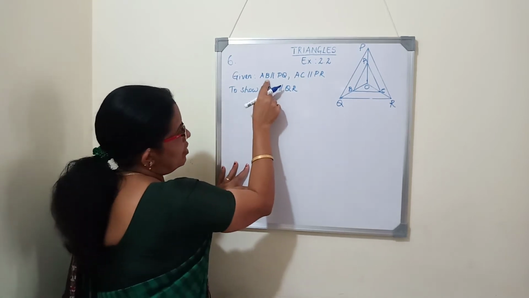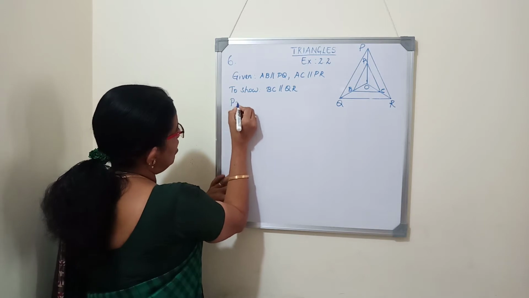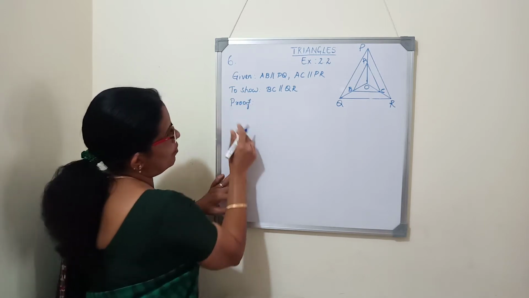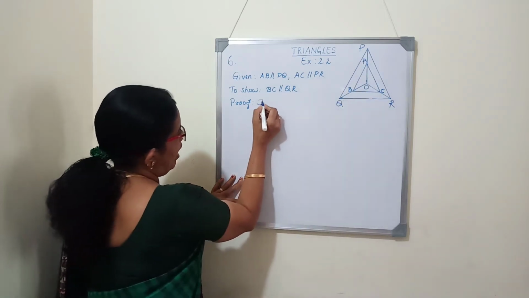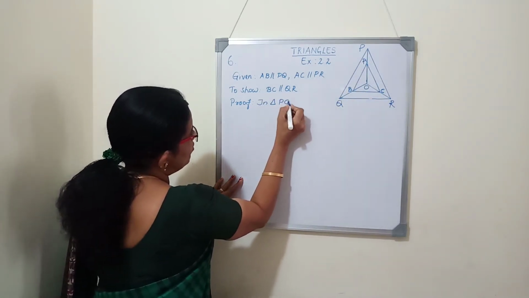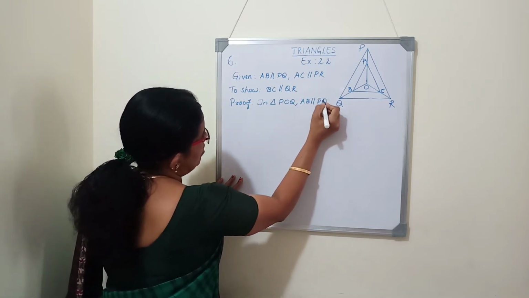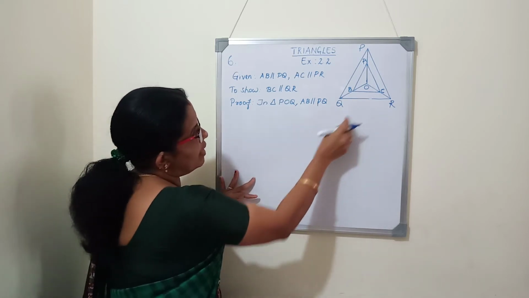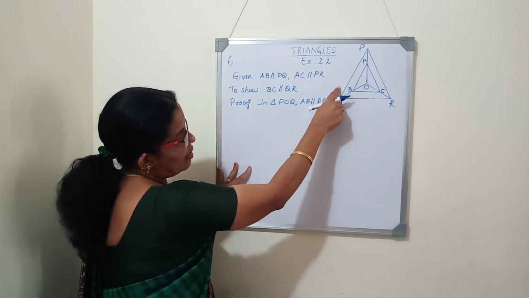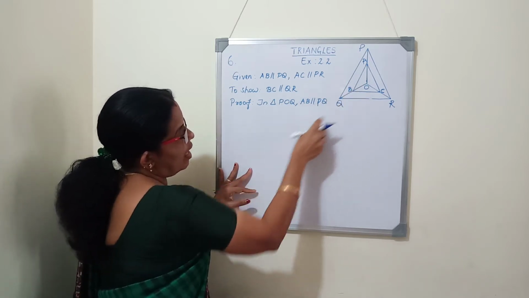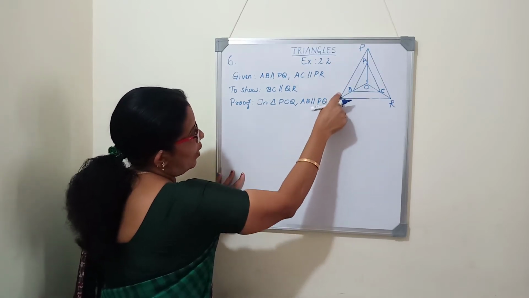So, here first it is given that AB is parallel to PQ. In which triangle is AB parallel to PQ? In triangle POQ, AB is parallel to PQ. So, how can we write BPT in triangle POQ? In any triangle, if we draw a line parallel to one of the sides, then the line divides the other two sides proportionally. So, in triangle POQ, AB is parallel to one side PQ.